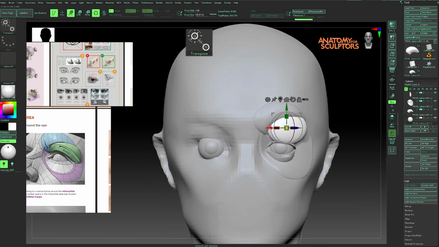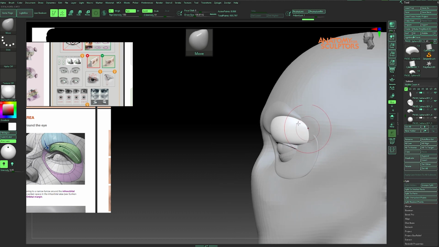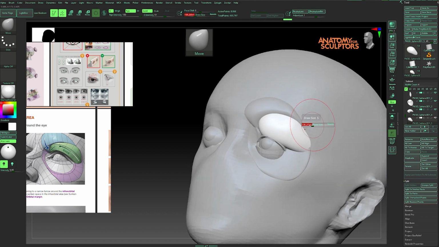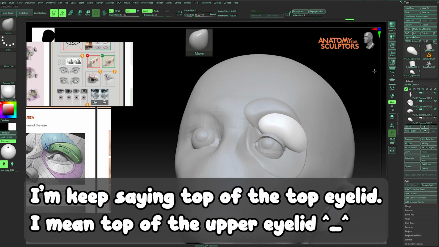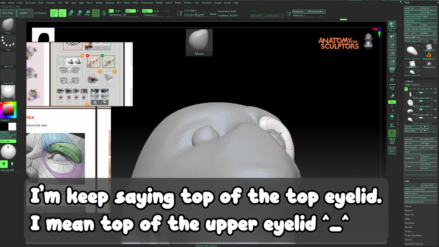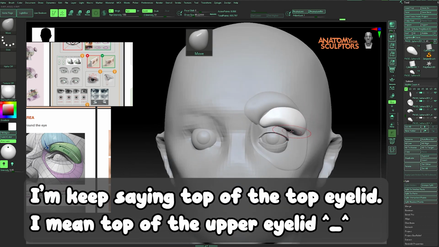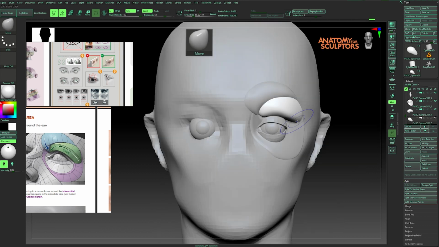Now I added the other shape for the eyebrow. Some parts of this shape are under the other one, but the other part of it will be on top of the top eyelid and covers it. This is the shape that hangs on the top of the top eyelid if you look at people's faces.